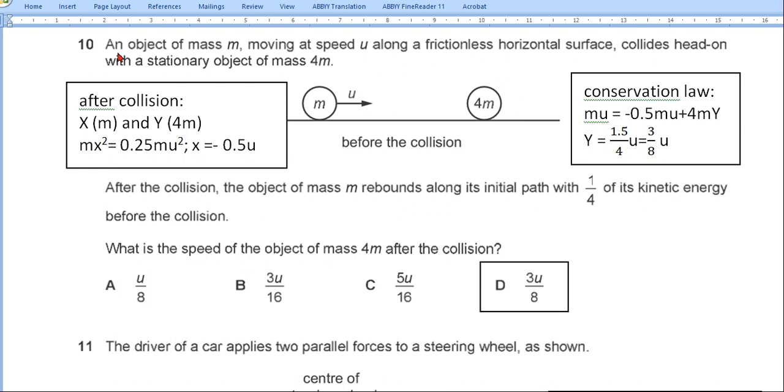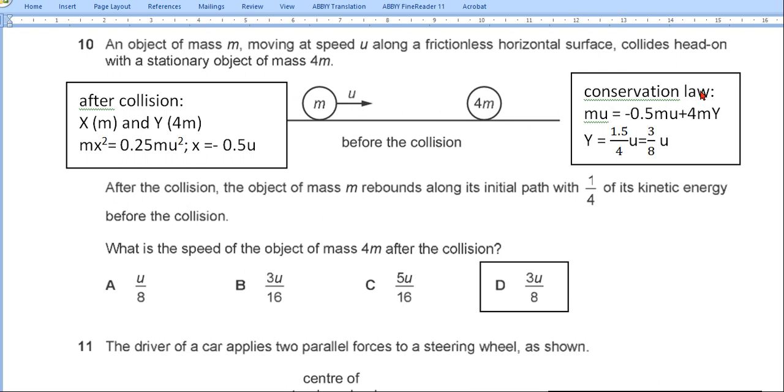Question 10. An object of mass m1 moving at speed u along a frictionless horizontal surface collides head-on with a stationary object of mass 4m. Let us call the velocity of mass m after collision x and the velocity of mass 4m y. We know that kinetic energy is decreased 4 times, so we have a relation between x and u. X equals minus 0.5 u